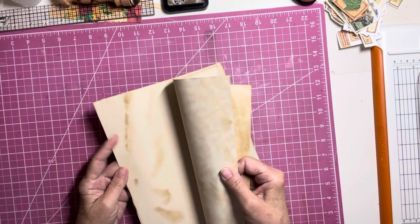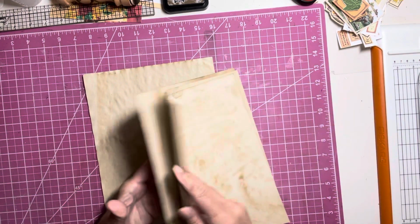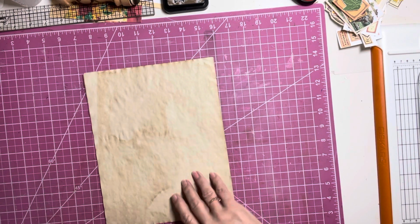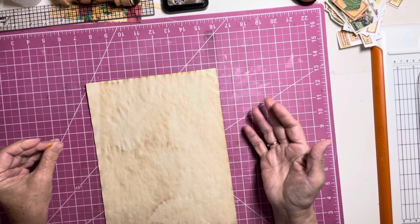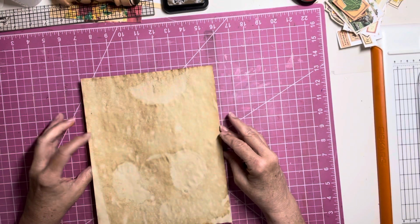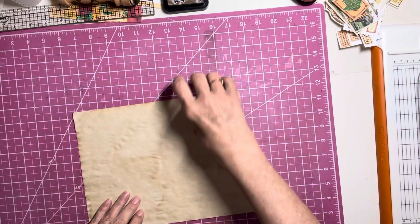If you don't want to use coffee paper, you could just cut down a piece of pretty double-sided paper to 8.5 by 11. You could probably make it bigger than that, but I've been just using the regular letter size paper. So I've got my coffee dyed paper here, and